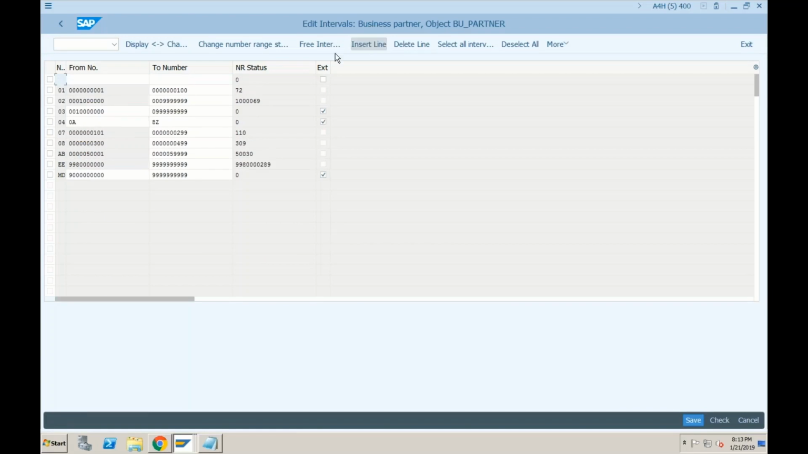So insert line 77, enter. What is creating the overlap? Which number range is creating the overlap? There should not be any overlap, right? Because